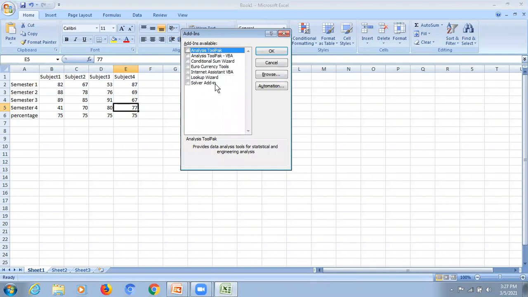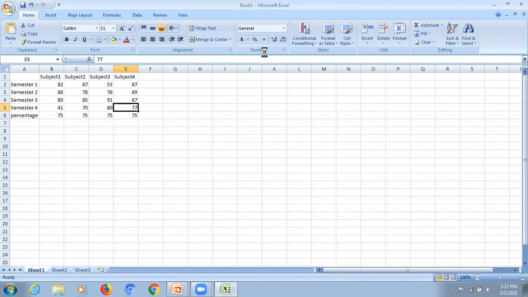Check this Solver Add-in checkbox and click on OK. So this is how the solver add-in will be installed on your Excel.